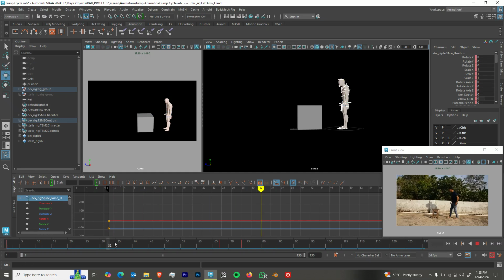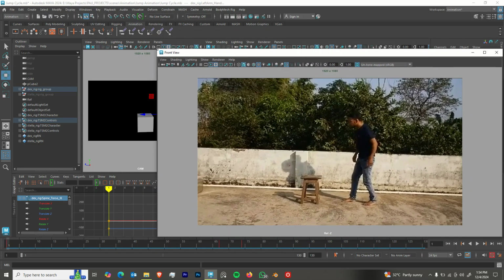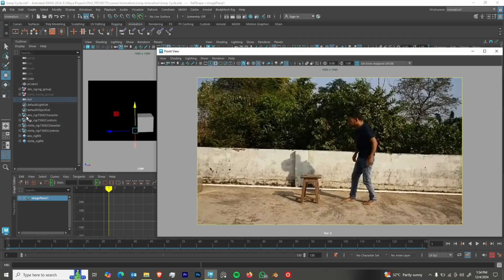Or better still, since we have that, we know how we got here, so we can just proceed, right? But if you notice, my reference is not moving, right? I was supposed to do something, right? So I'll just bring this back up, select the image,